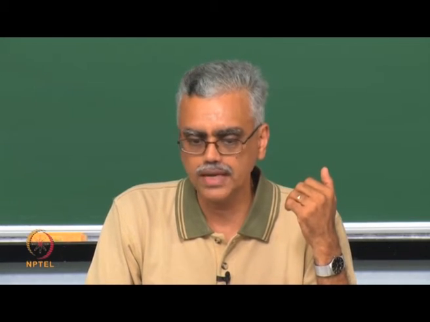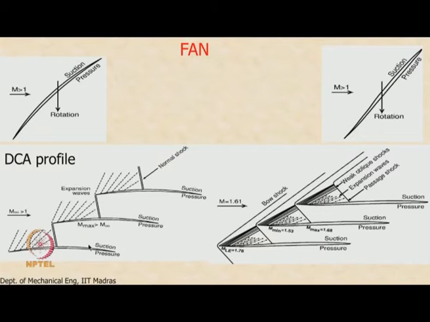So we have to design the blade profile so that the passage area is also designed properly and we get proper diffusion. This is called controlled diffusion airfoil. The airfoil or blade shape is called the CDA profile, or controlled diffusion airfoil profile. The idea is to decelerate the flow properly so that the terminal normal shock is not very strong. That is the general idea, and here we are looking at the CDA profile.